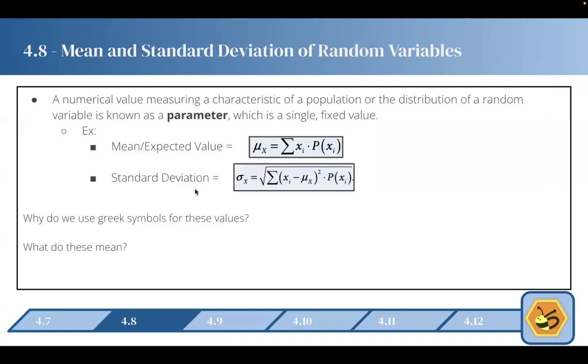Let's take a look. The next part is mean and standard deviation of random variables. This is the general case on how you find the parameters for random variables, right? So we have mean and expected value. Again, this is for discrete distributions, so for discrete distributions, we have the summation of each